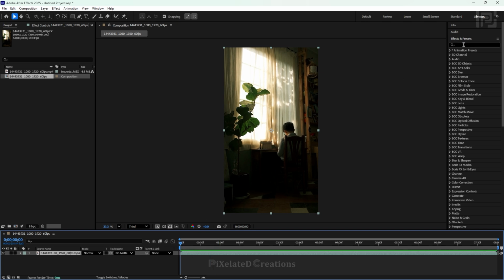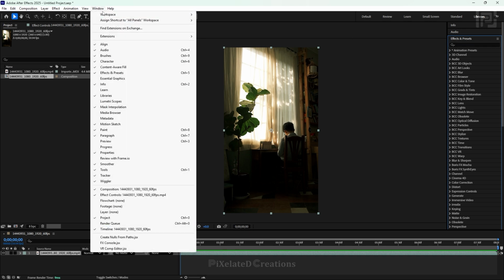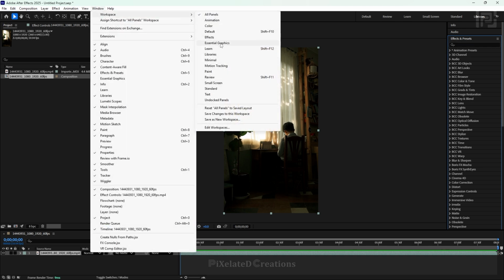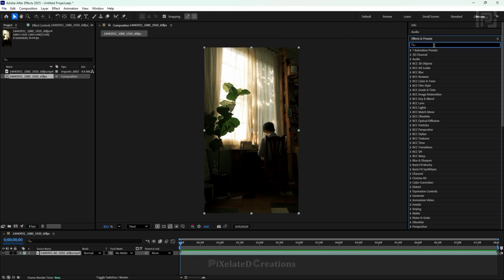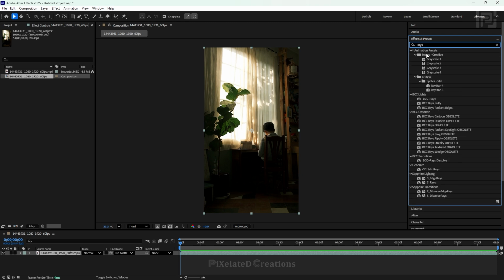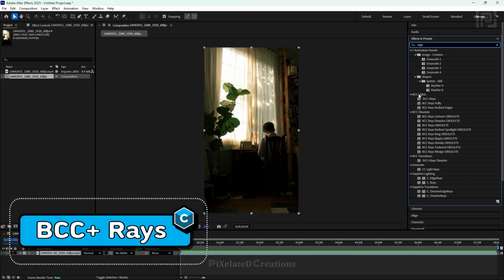So first you have to go to the effects and presets. If the effects and presets is not visible, just go into the Windows workspace and change it to either effects or just change it to all panels. You will get access to all of the panels. And within that, you just search for the rays. You can see there may be a lot of rays and you won't be seeing the BCC